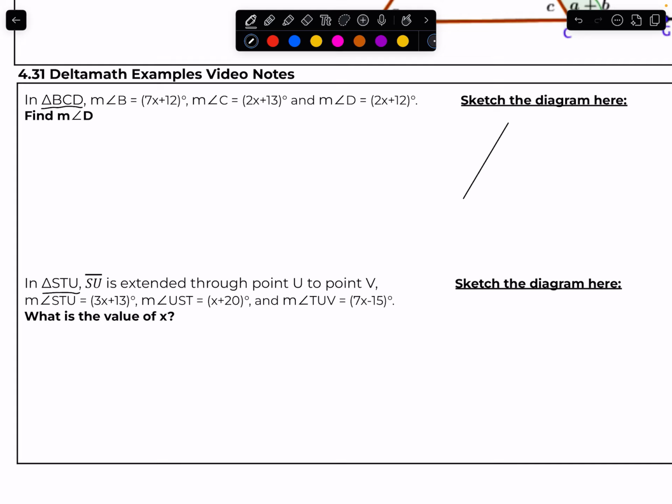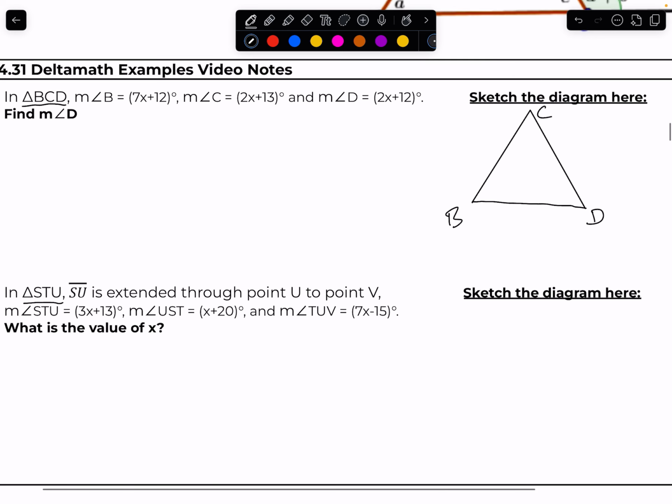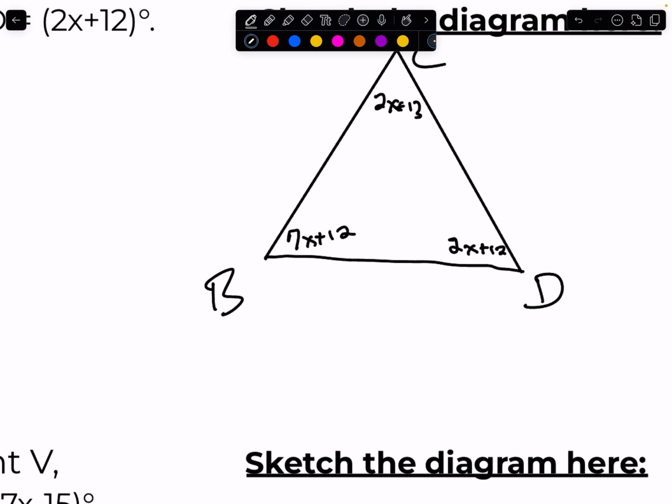All right, I'm going to draw a triangle B to C to D. Then I'll label it B to C to D. Now the measure of angle B is 7x plus 12, so I'll write 7x plus 12 in this little corner. And the measure of angle C is 2x plus 13, so I'll write that in that vertex. And then angle D is 2x plus 12, so you can see we have 3 of those values in the